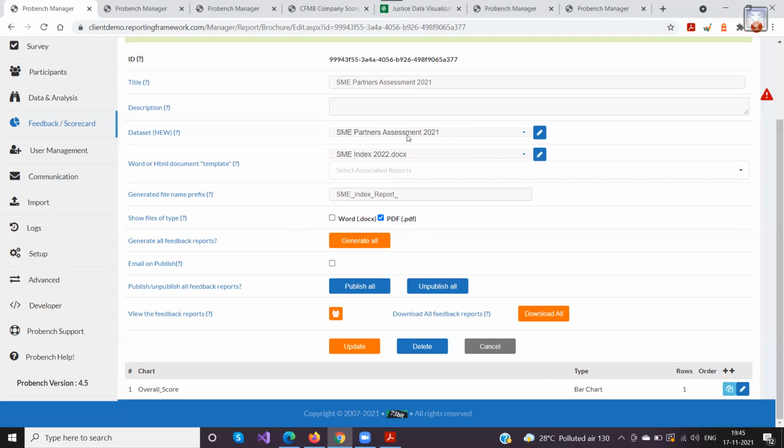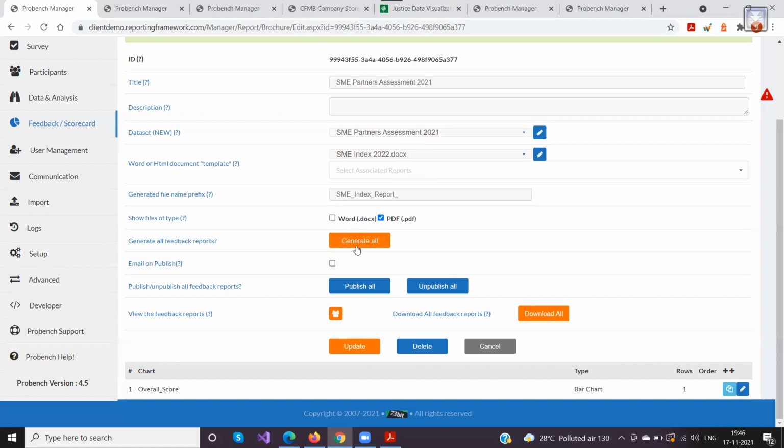You just have to click one button, and a generate process would start happening in the background, and the report for all the participants would start generating.